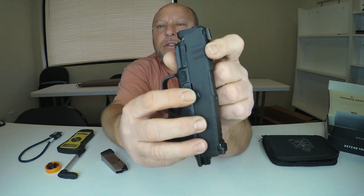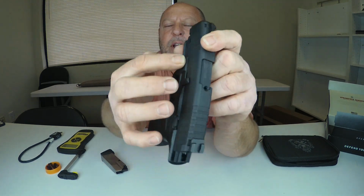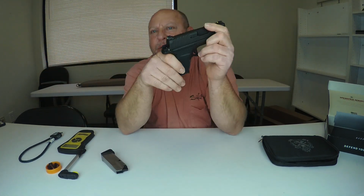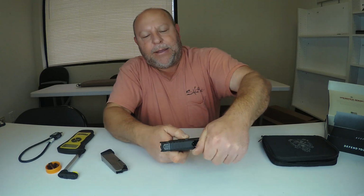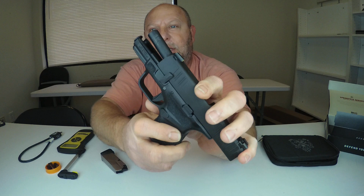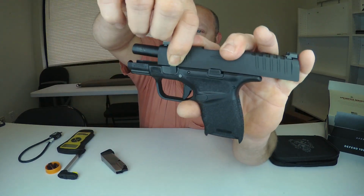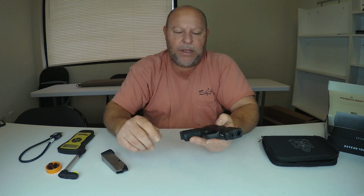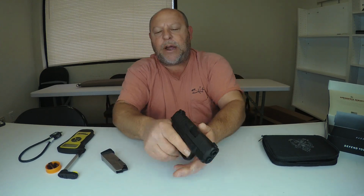Again, we still have the breakdown here turned upwards, so it's gonna turn downwards, front and down. So it's kind of opposite from the rest of them. So let's see if we can do it. I'm going to slide it back, put the slide lock in place just like that, and then we're going to take this, see if I can do it backwards here because I'm on camera. We're just going to turn it. You can see now it's facing forward. Release the slide, and we're going to dry fire,